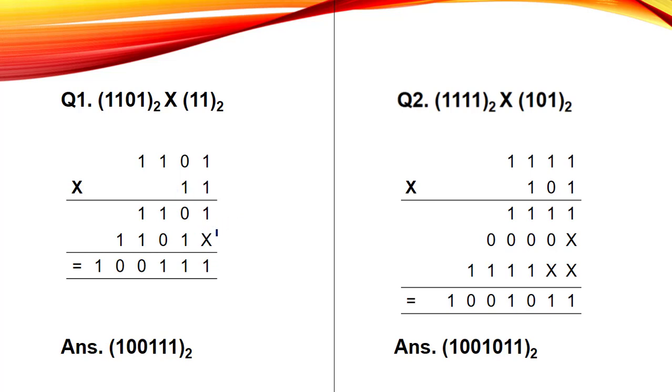So that's why we have to put a cross over here, and then we will multiply this particular one. Fine. So 1 by 1 will give you a result as 1. Then 1 multiplied by 0, the result will be 0. Then 1 multiplied by 1, the result will be 1. Then 1 multiplied by 1, the result will be 1. Fine. After doing this much, we have to add these numbers.